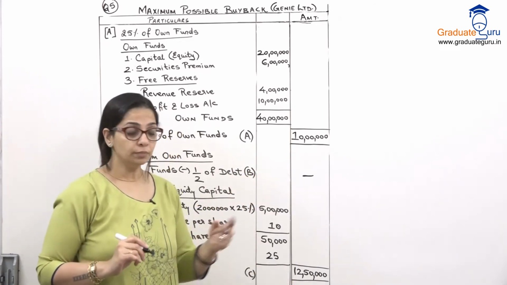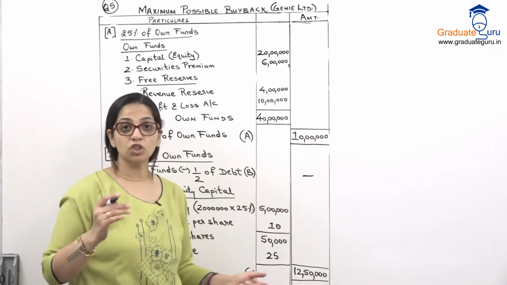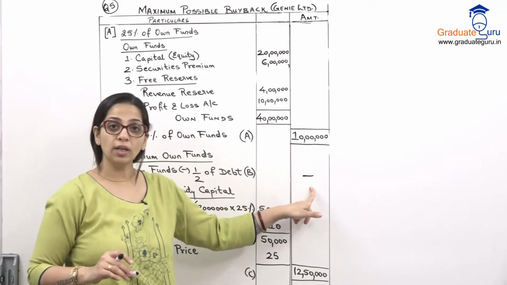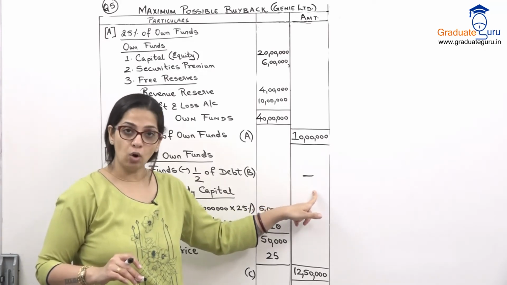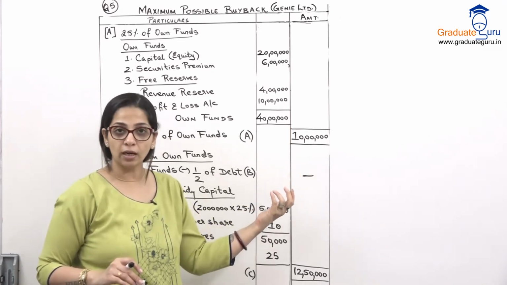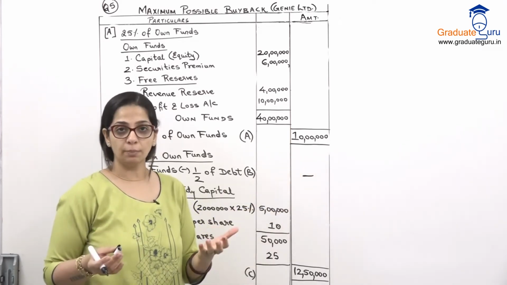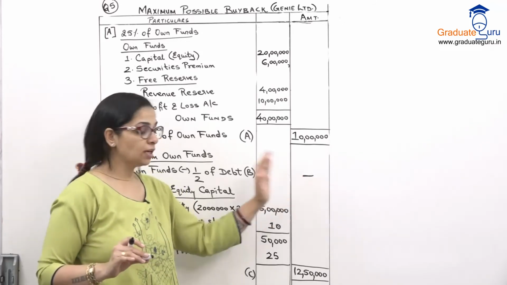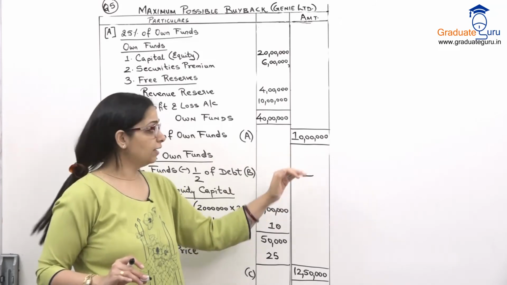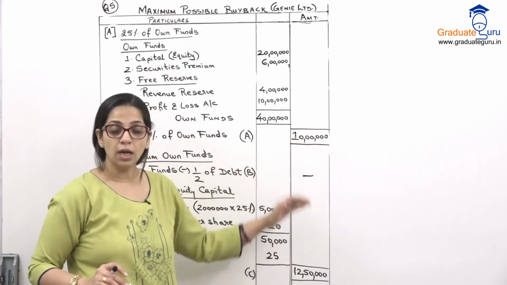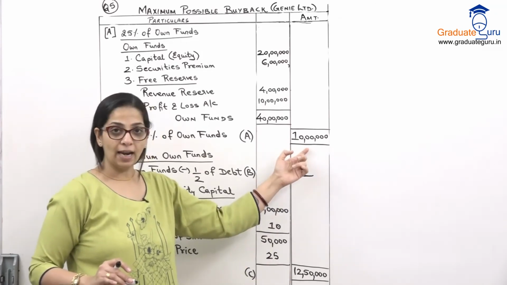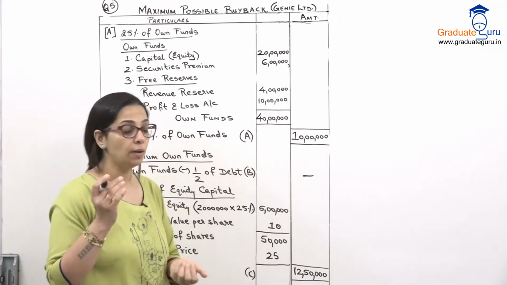Now what do we do? Out of these three amounts, whichever is the least. अब मैंने इतना क्यों stress किया कि मैं यहाँ पर 0 नहीं रखूंगी? Because if I put a 0, means this is the least amount. 0 सबसे कम हो जाएगा, and then buyback is not possible. वो नहीं करना है हमें. When there is no loan, I just put a dash, I ignore that step and I take these two amounts, 10 lakh, 12 lakh 50. Which is the smaller one? 10 lakh.